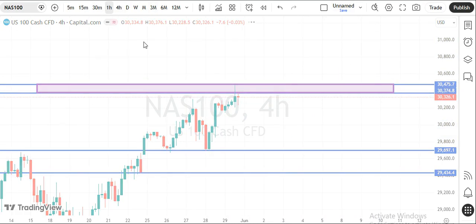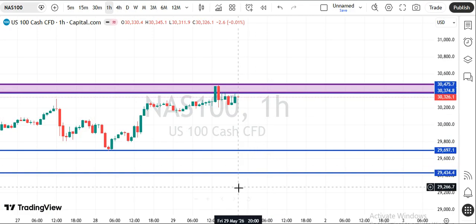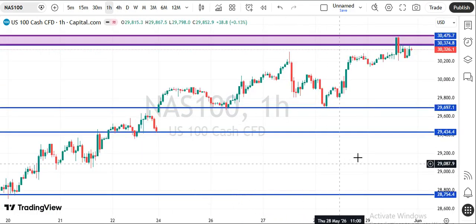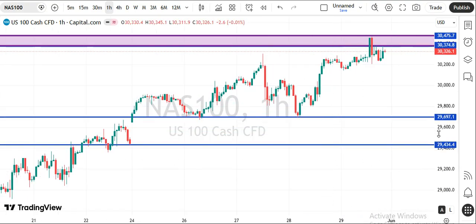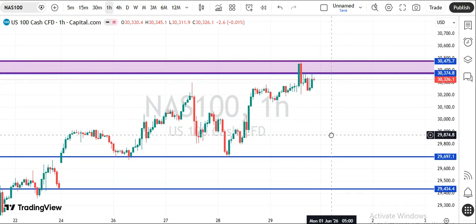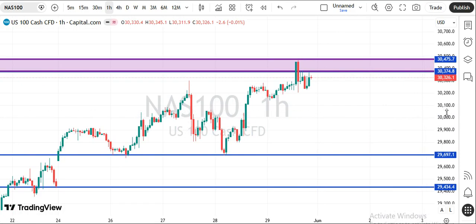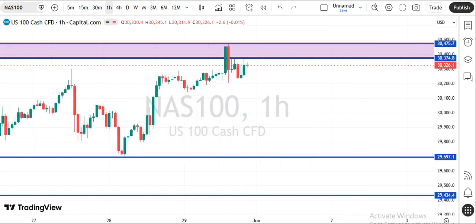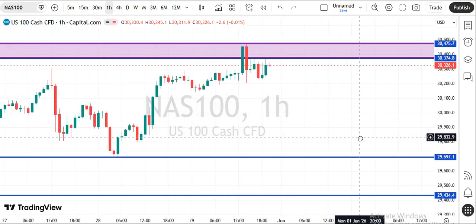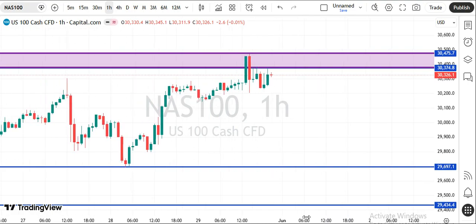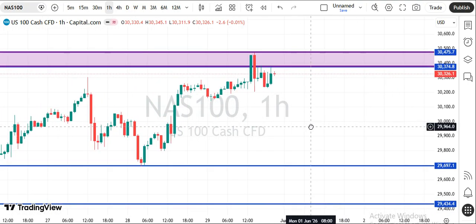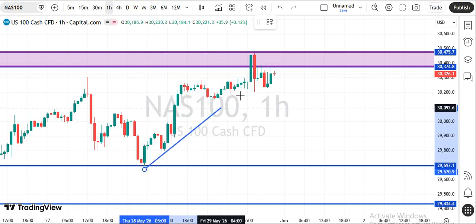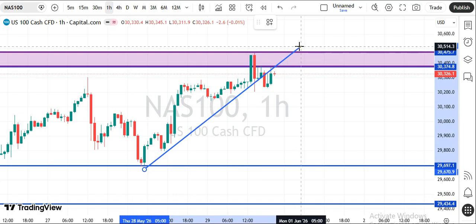So now we move to the 1 hour time frame. Beautiful. Moving on to the 1 hour time frame, Nasdaq is already giving us a sign of a reversal over there. Remember, if we are looking for the sell and market gives us confirmation for the sell, we are only going to be targeting 1:2. Overall direction is all aggressively bullish. For that matter, we are not going to be